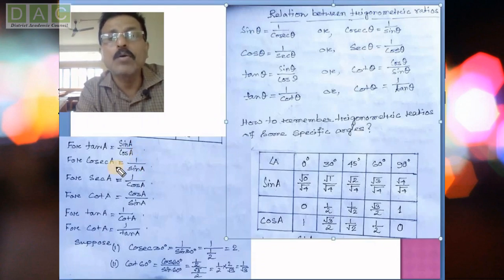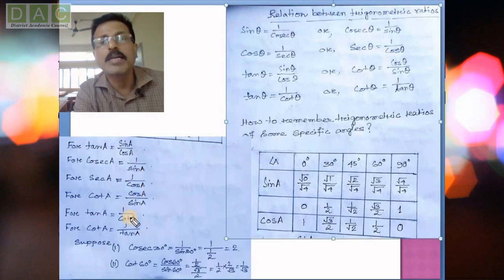Here also the same: cosec A is 1 by sine A. Suppose cosec 45 degree, that is 1 by sine 45 degree. You know sine 45 degree is 1 by root 2, so 1 by 1 by root 2, if you arrange it properly, it will be root 2. In this way you can find cot A, this is the formula, and tan A also has its formula. By putting the values of 30 degree, 45 degree, 60 degree, you can get all the values.